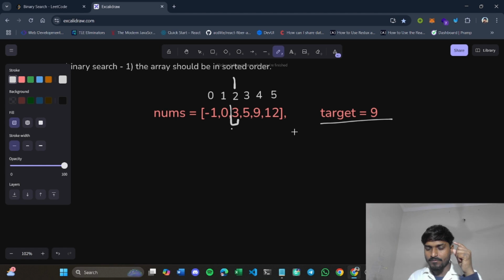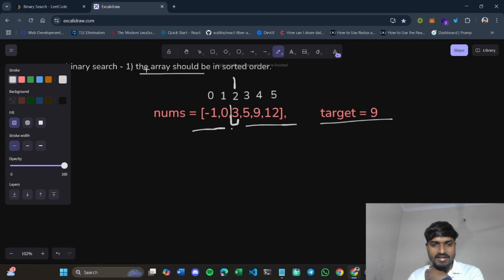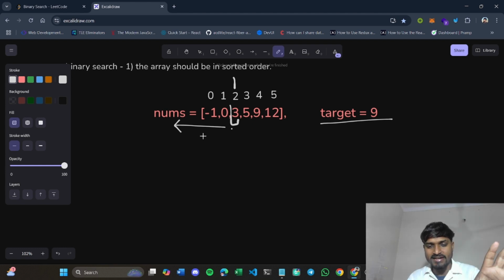Now in which part will we move to find this target element 9? You have two parts. This is the first part and this is the second part. Either you can say left or right part, right, around this mid element, that is 3. Now there comes the concept of the array being sorted. That's why we needed this condition that the array should be sorted. Now you saw that the array is already sorted. So this element is lesser than 9, the target element. If you go to this part of the array, you are not going to find 9 in any manner. You will definitely not get 9 in this left part.